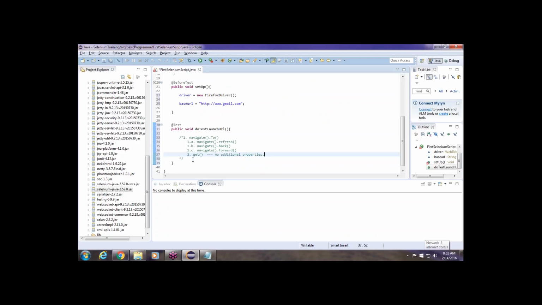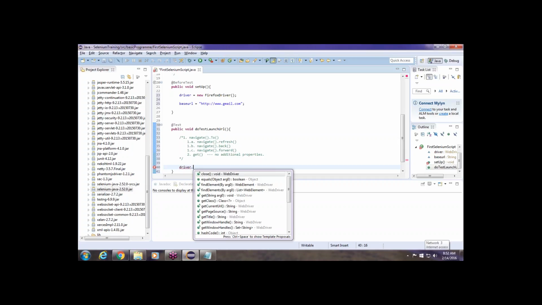Okay, now see, how can we open the URL, so launch the URL. For launching the URL, we can write a program like driver dot. Then see, whenever we put driver and dot, after pressing dot,